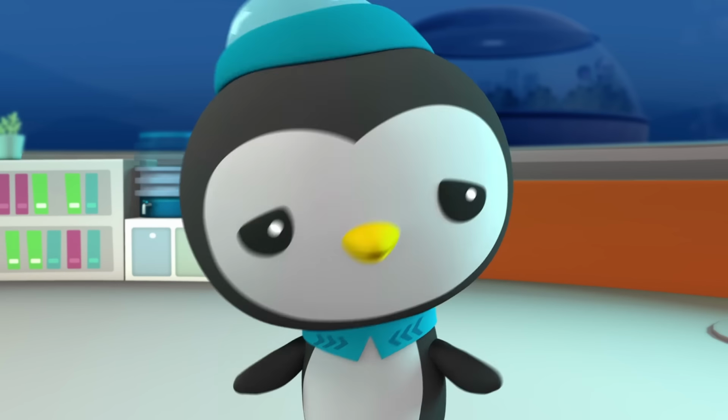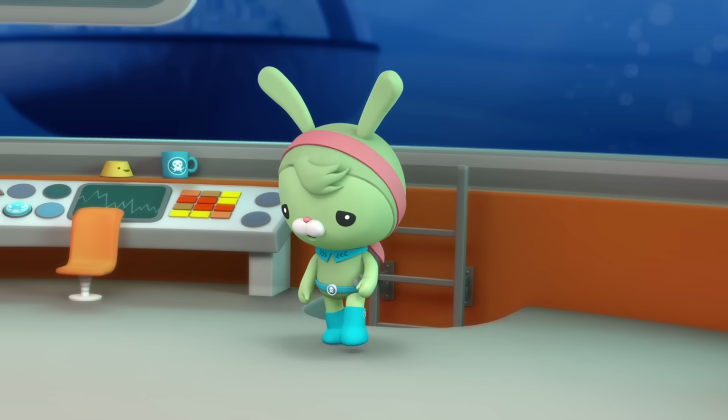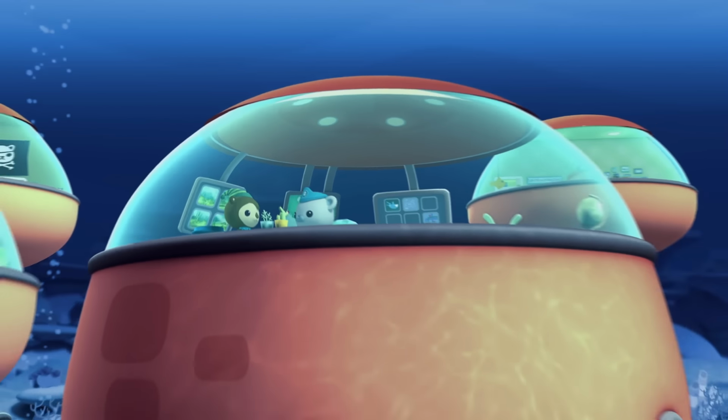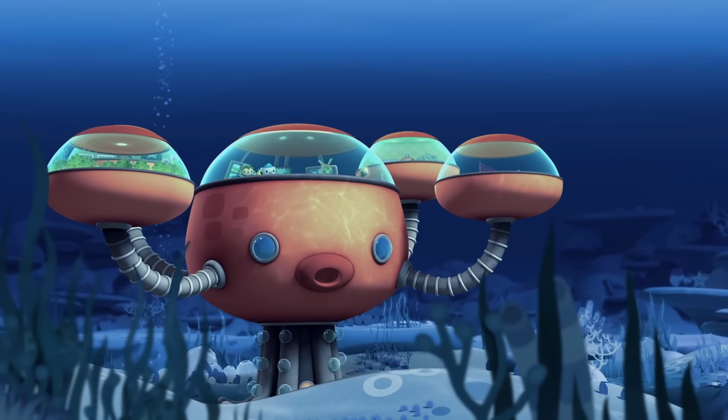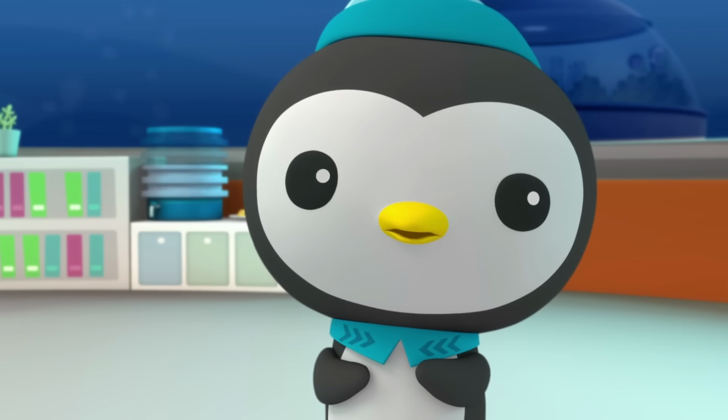Captain, there's... outside. I saw a... What's all the commotion about? There's something out there. Something big. Really big. I saw it. It's huge. It's white. And it made a noise like...